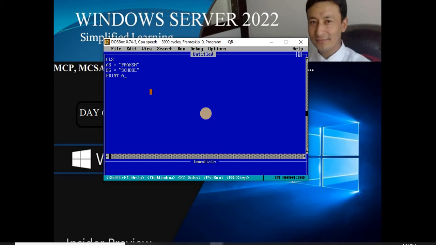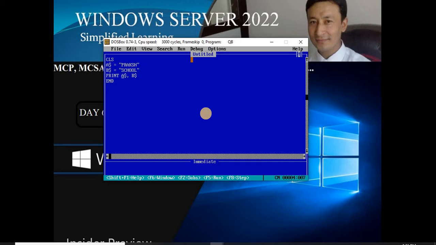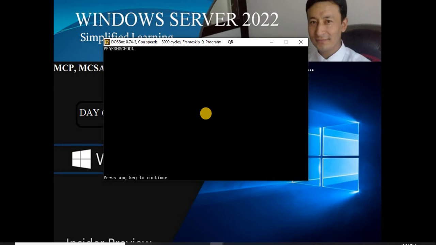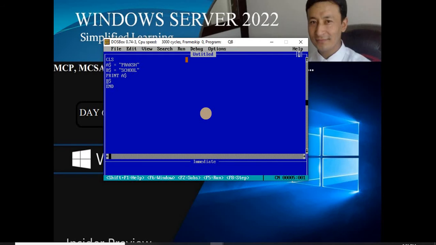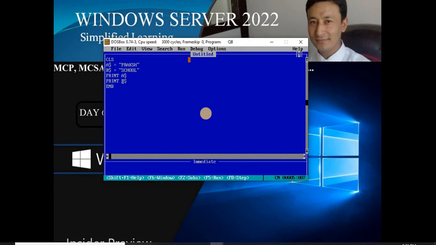If I use PRINT A$, B$ and run this program, you'll notice that it gets printed in the first row, first column. Since the comma is used, it gives one tab space. Otherwise, I can use the semicolon, which brings the two data close by. Even if I print them on separate lines, it occupies two rows, first column. If you want to print the second word at the corner or in the middle of the first line, that is not possible unless you use the TAB, SPC or LOCATE statement. First, we are going to talk about the use of the TAB statement.